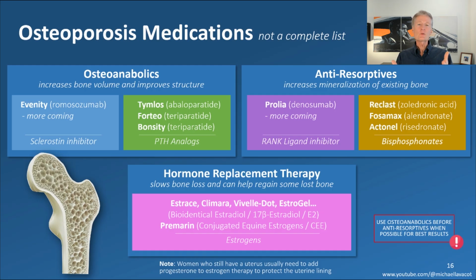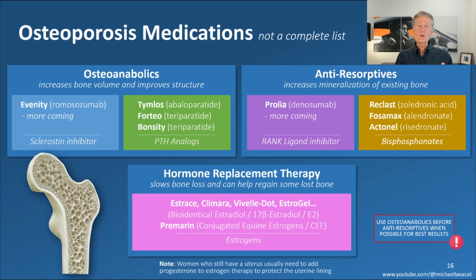Now, with either one of these estrogens, if you still have your uterus, you have to add a progestin. Now, you don't want to use what I talked about earlier, medroxyprogesterone acetate, or MPA, right? I've seen multiple studies where that seems to be causing increased risks of various other diseases. You want to use the micronized bioidentical progesterone. It comes in a pill, the only form it comes in. So use that, and with any luck at all, you'll see all the positive results that I'm going to show you.